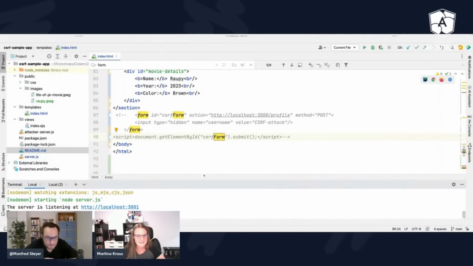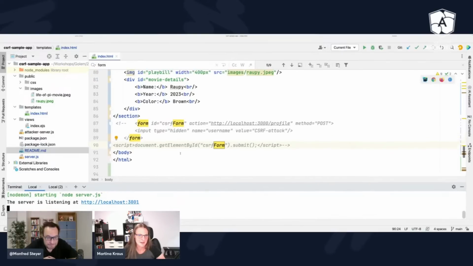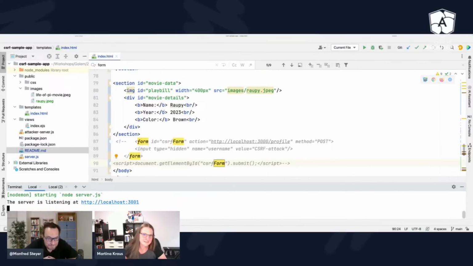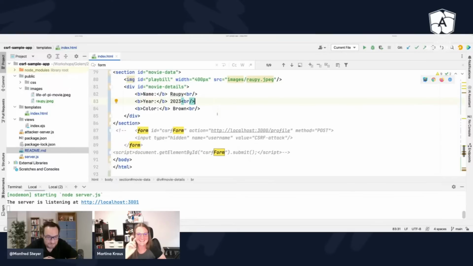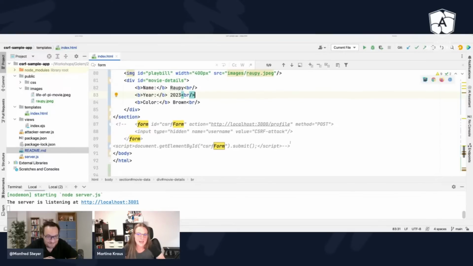So this is basically my index.html, where I have this little cat picture of my little cute kitty, and now what I insert is a form tag. This form tag is nothing really special. It's a form tag which is sending to a backend API of my profile.